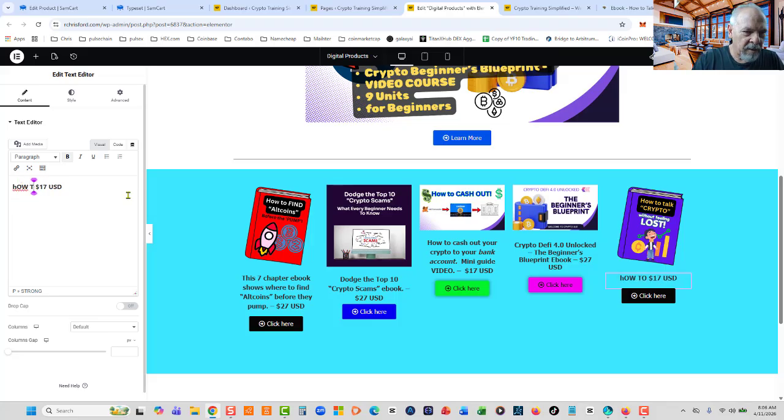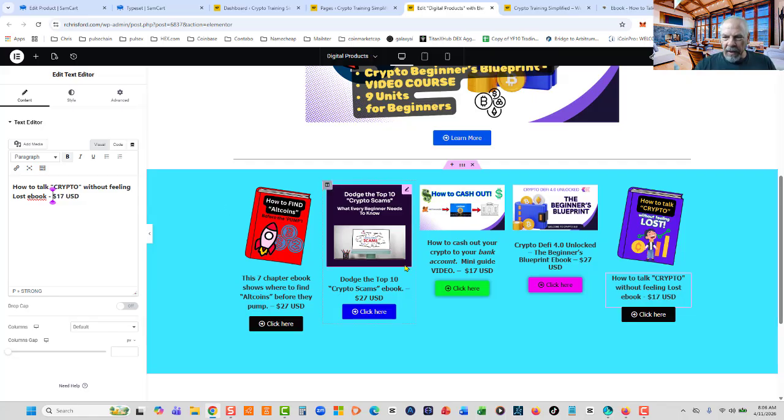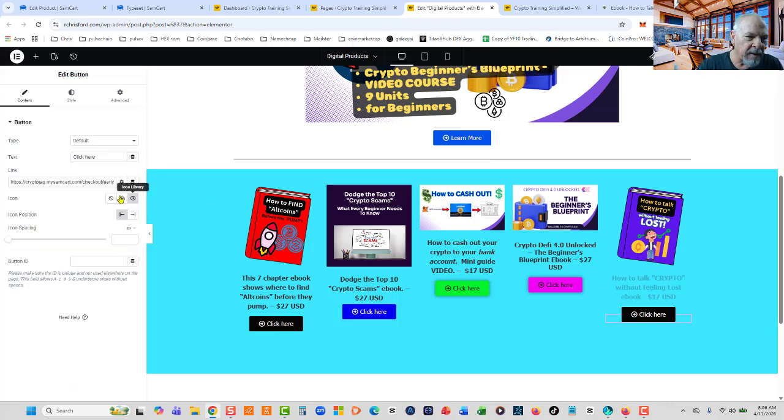We're going to edit that. We're going to go to our checkout page. Let's come back over here and grab this link to our checkout page right there. We'll copy that. And we'll just paste that right here. And make sure this opens in a new window. We're good. And let's change the color of this button